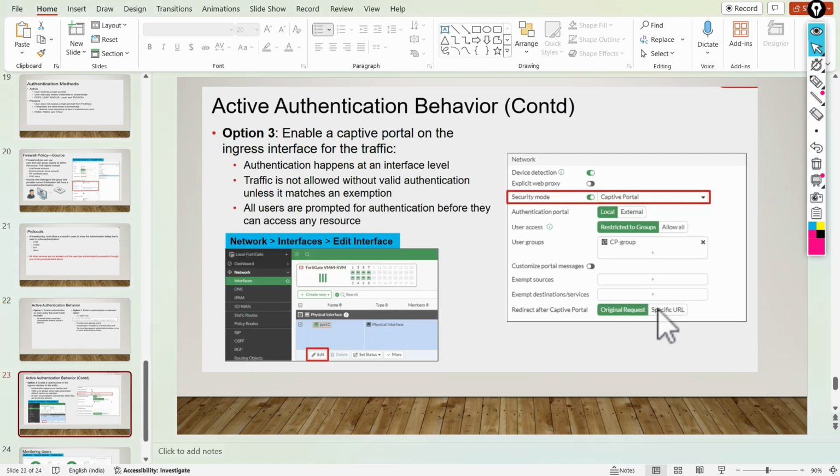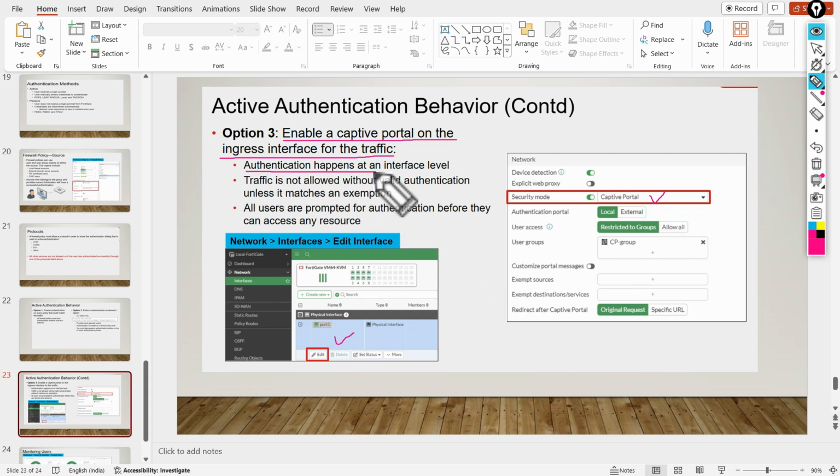There is another topic, active authentication behavior, option number 3: enable a captive portal on the ingress interface for traffic. Let's say you know the authentication will go through a particular interface, then open that interface and enable the captive portal at the interface level. What are the benefits?